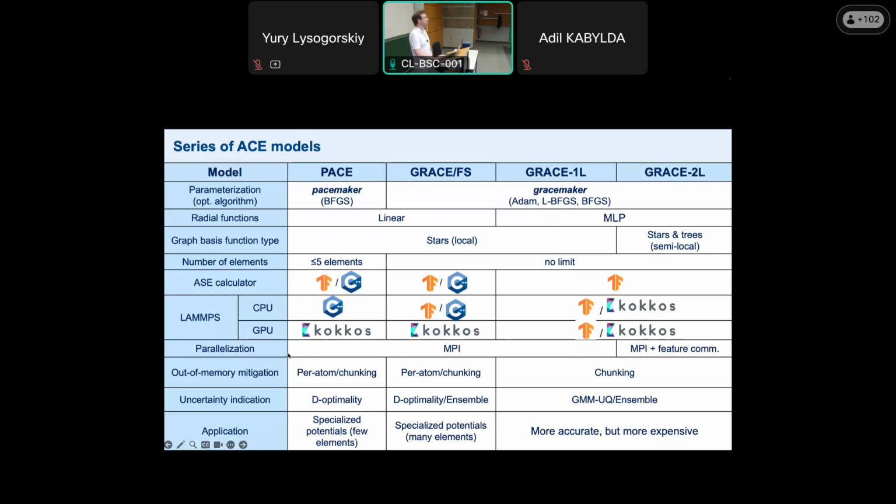Parallelization is also an important aspect of simulations if we want to simulate large scale or long time. So we also now support it across multiple layers models as well. And some other features, for example, chunking to allow an out-of-memory footprint: if you have just 1 GPU but you want to simulate a million atoms, you can now do it with these models without running out of memory. And uncertainty indication, which I will dedicate some part of my talk to as well, because it's a necessary aspect of the model. We want to know where our model interpolates or extrapolates, to have some reliability signal.